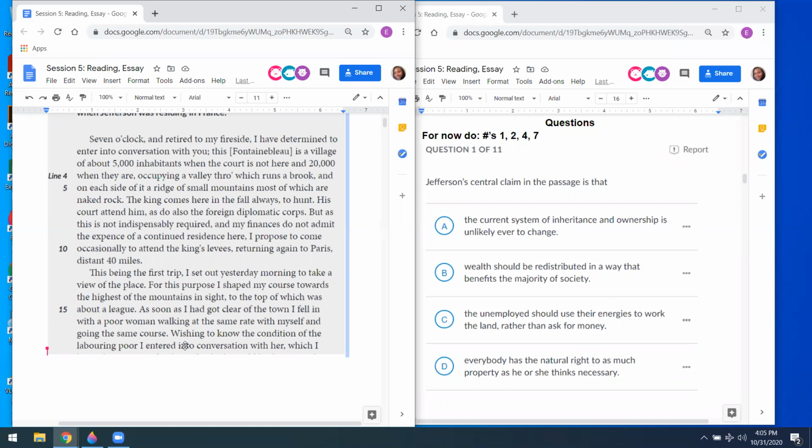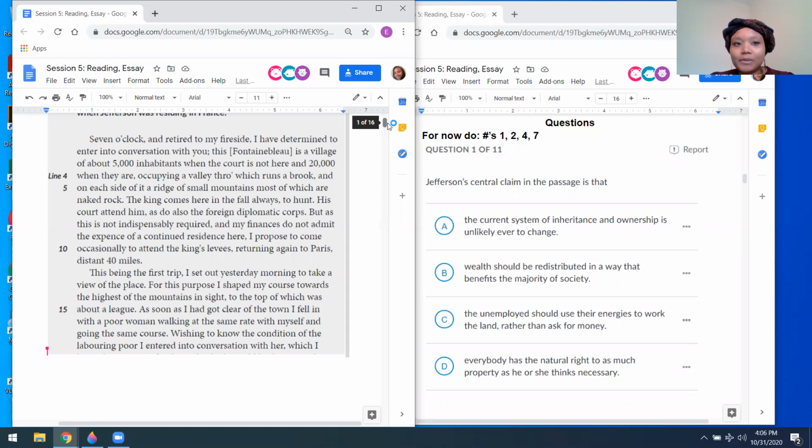What I can remember in the beginning is that he told how he gave some money, I think, to a poor woman and she burst into tears. I can't find it in the passage where it says that, but that kind of, I guess, supports my answer, because he gave money to her. That's a